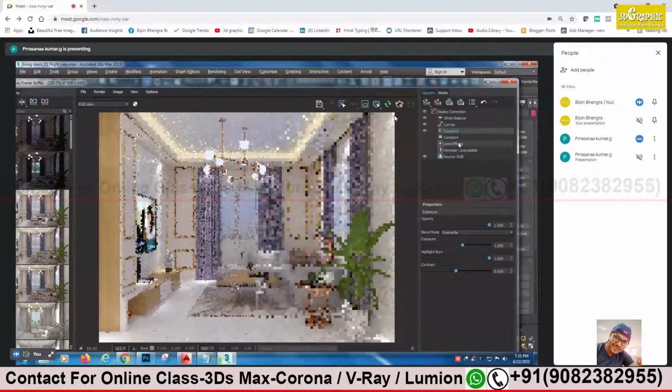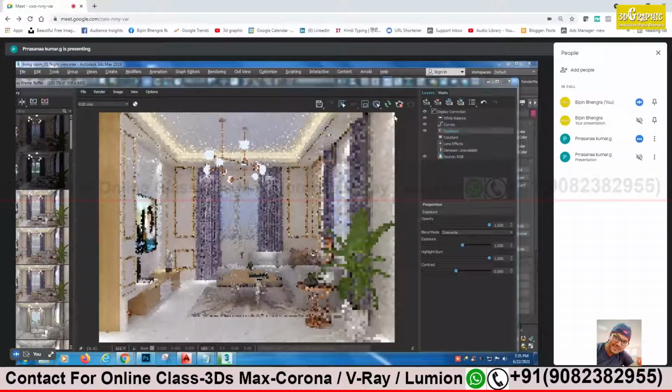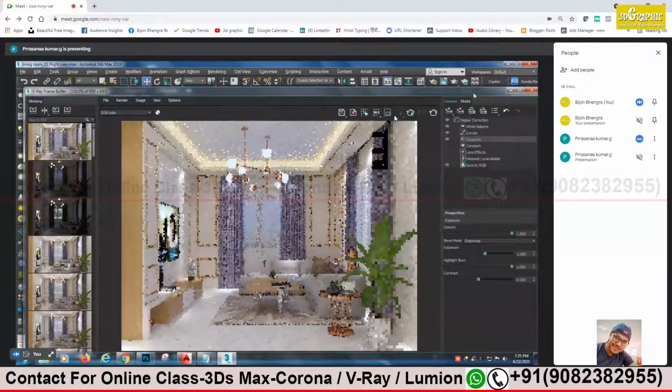You have to bring a new image for your background. A nice night background image. Take a good one from Google. Just take a good image for night. Right now, let it be clear a little bit. We can control exposure first, and then we can see what we can do with the curves. Fine, sir. You can stop the render, it's okay. I have seen. Save this. Done.